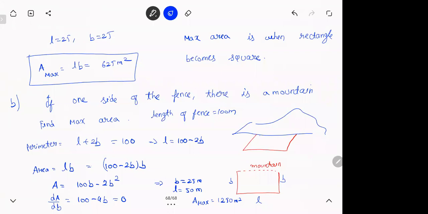The main thing is, if you see now, this thing got changed. Initially, perimeter was 2L plus 2B because 2 lengths and 2 breadths. But here there's only one length. You might get a doubt, sir, why can't I take L, L, and B? You can take L, L, and B. Then you'll get L is 25, B is 50. Matlab, the longer one is length and the shorter one is breadth. Hope this was clear. All clear with this thing?